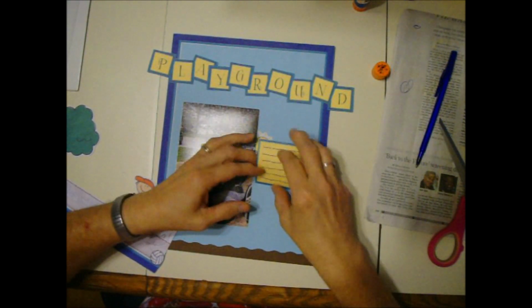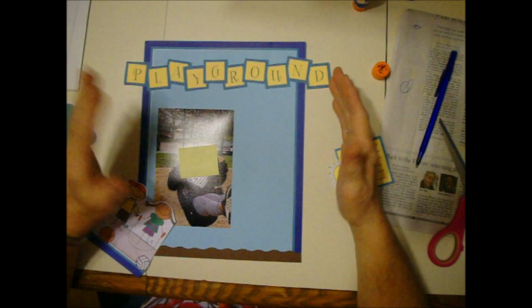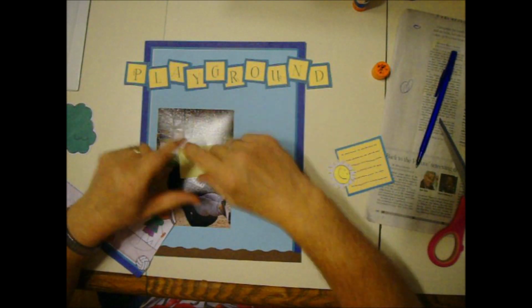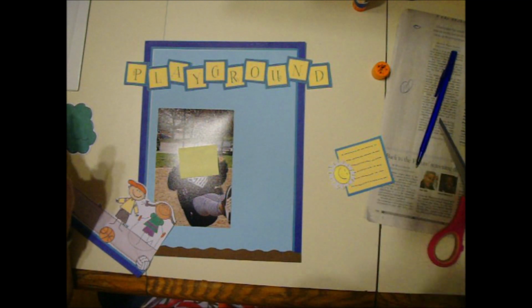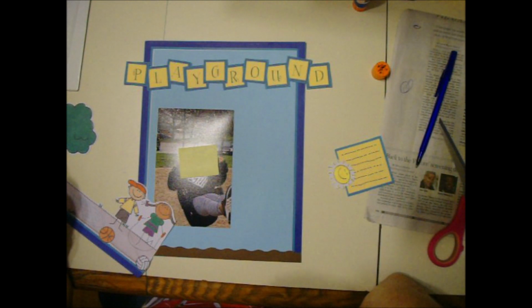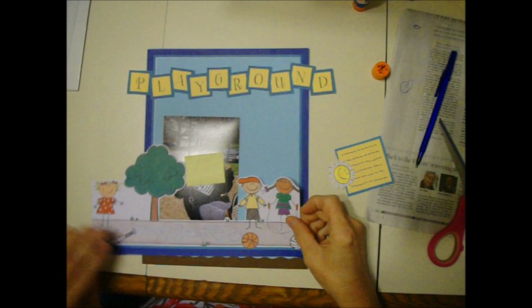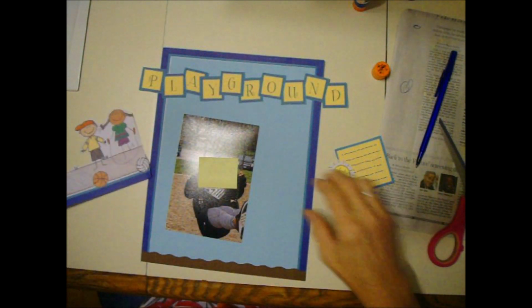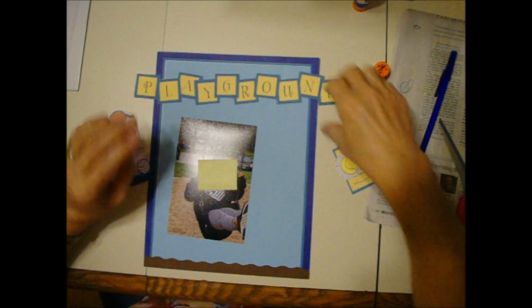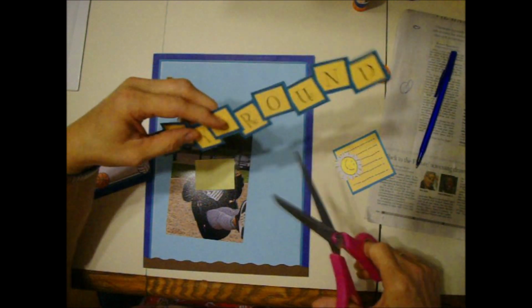And years ago I bought some little books with scrapbook pages ready to put the photos on. They're 12 by 12, but I never do 12 by 12 pages. So I've tried to convert a lot of them into 8.5 by 11 pages. So she's on the playground, and obviously this is not going to work. So what I'm going to do is